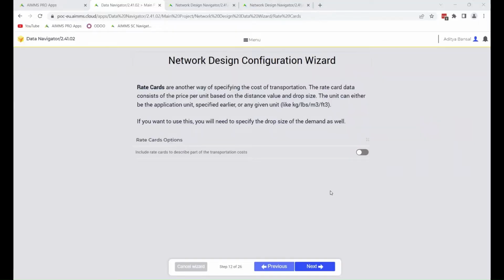Alright, so to use the rate cards, you need to enable them first. You can do this through the configuration wizard, which you can access from the data navigator. So in step 12 of the configuration wizard, there is an option to include rate cards. To include rate cards, just toggle this button and now you will have the option to define rate cards in